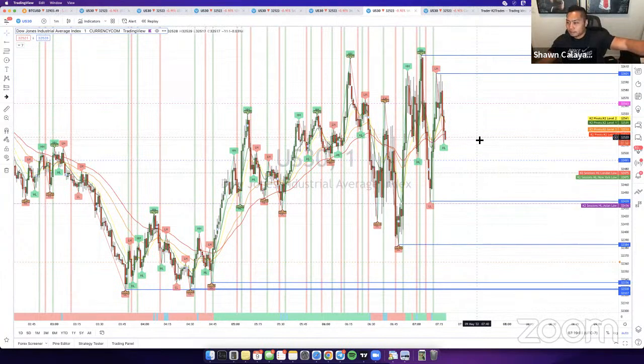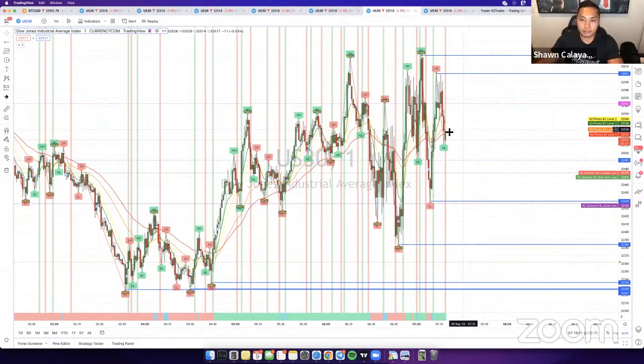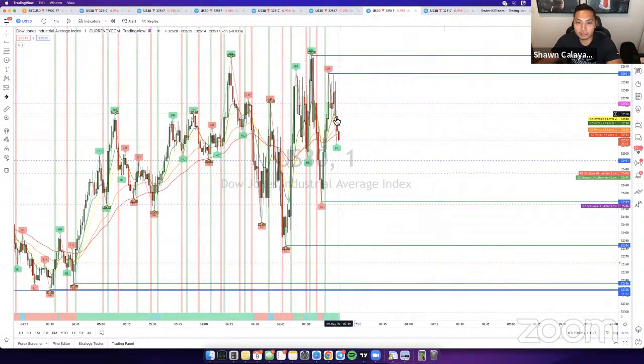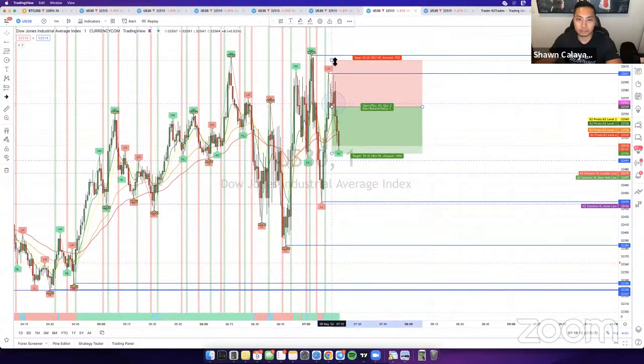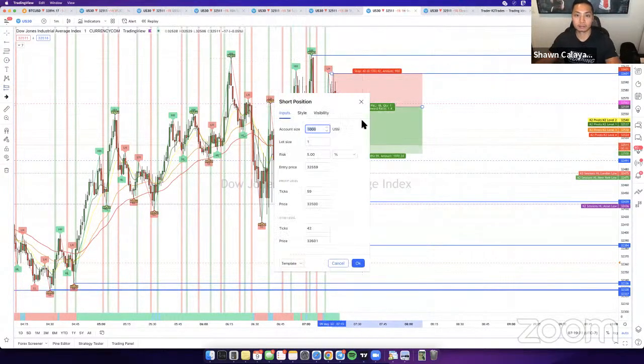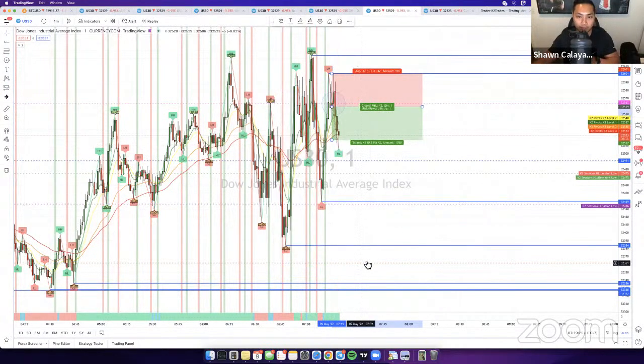Let's see. Yeah, 19 said he missed the 1-minute V3. Yeah, I can see it right here. The only problem with this V3 right here, 19, is the fact that it was at news price, right? So that's why I would have skipped it. But yeah, if you would have taken the V3 right here, this would have been a full TP. Would have got close to stop loss, but would have hit full TP right there.